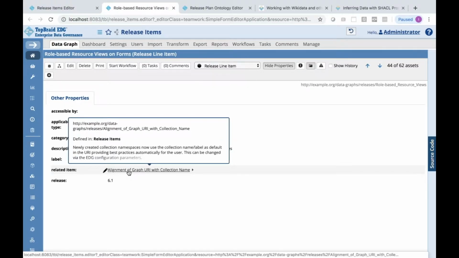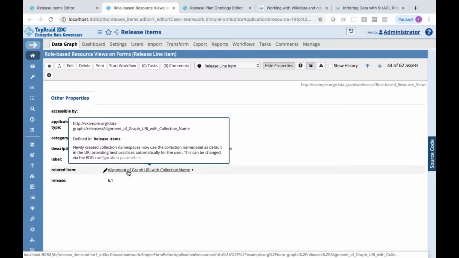Another nice new feature is the Wikidata kind of preview, and that lets you have a quick preview of the item without necessarily clicking on it. Previously, what we showed was just the URI, and the URI is not necessarily that meaningful to the user. So what we're showing right now, in addition to the URI, is what graph it's defined in.